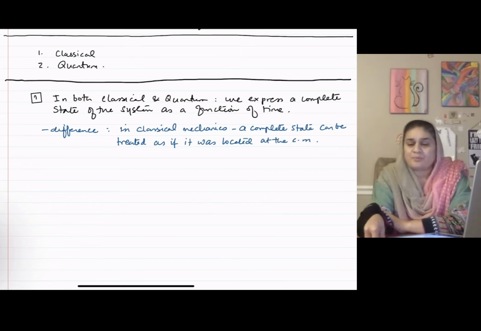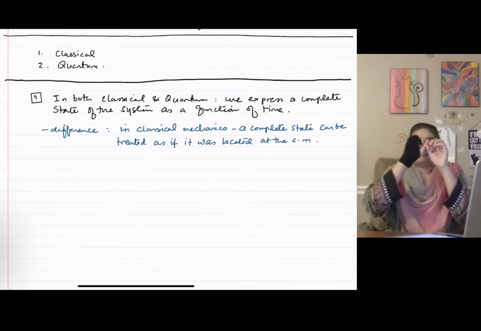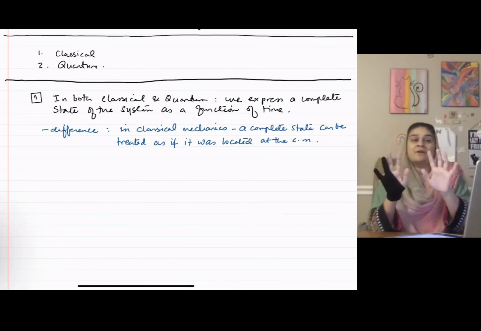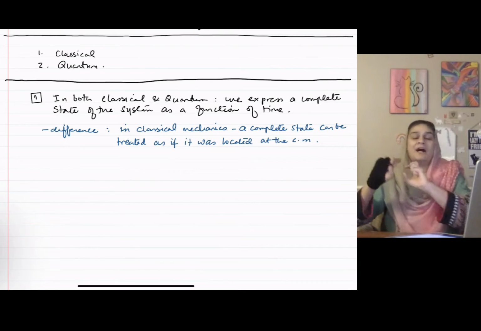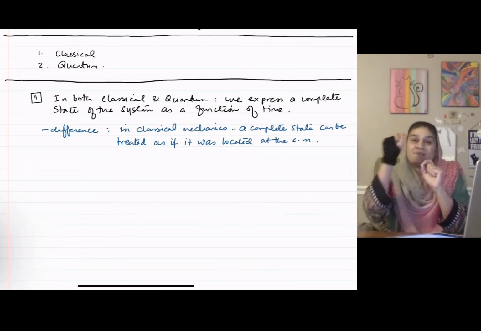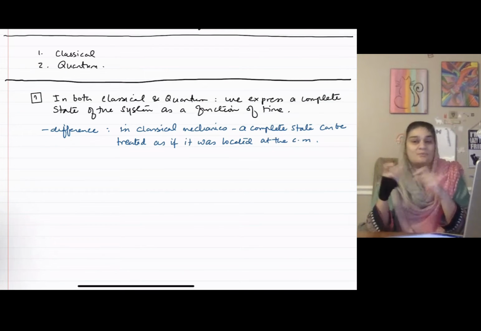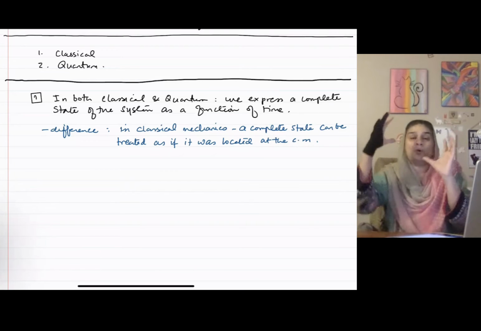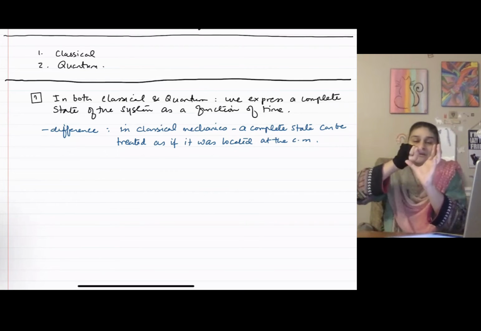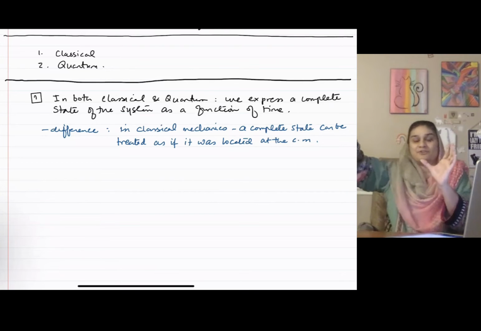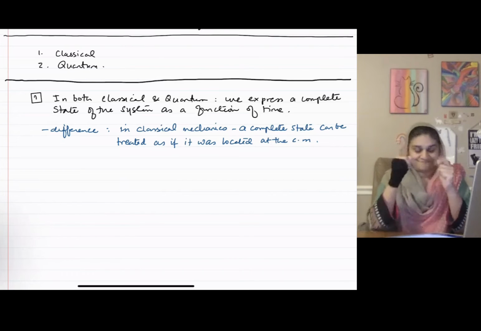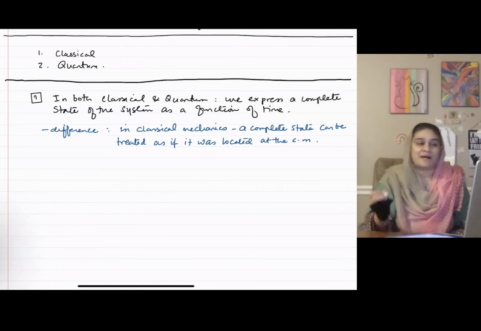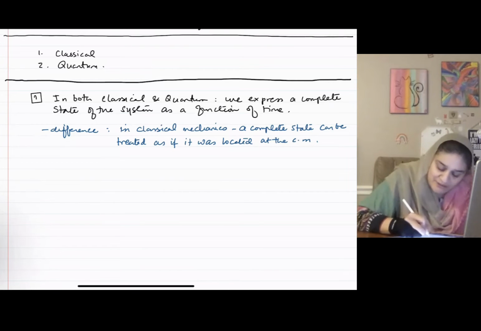So people who have taken Newtonian, do you remember when we did the system of particles? We talked about if there were many, many bees and they were all flying together, how do we do the evolution? Do we keep track of every single bee in our system, which will be really, really difficult? Or we can just take a collection of bees, figure out where their center of mass is, and follow the center of mass as it goes forward. Do you remember that? Yes. Those bee concepts, right? Okay. Whereas in quantum mechanics,